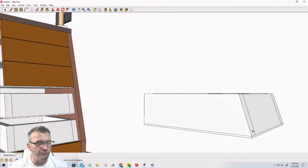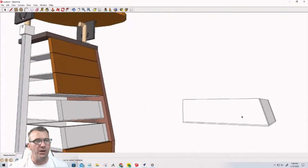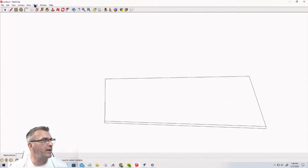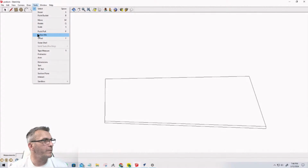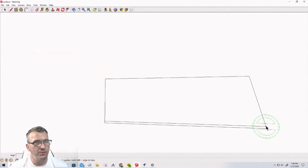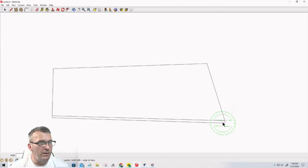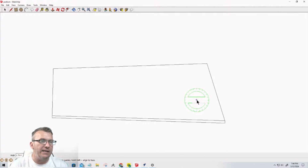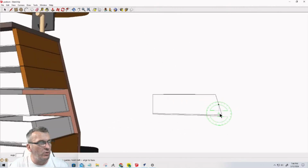The fronts will have an angle to them. So the angle, just so you know, let me get my protractor out. Where is my protractor? All right, let's try that again. So about 74.4 degrees, a 74 degree angle. 74.4 is what it is. But so the drawer front,